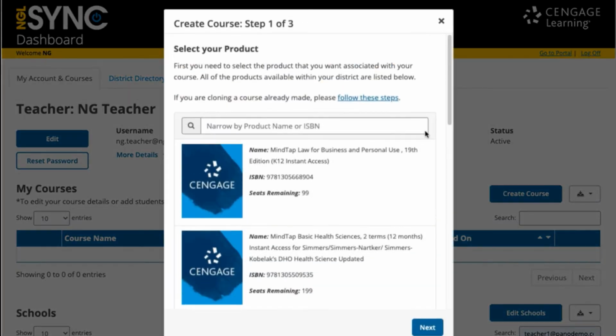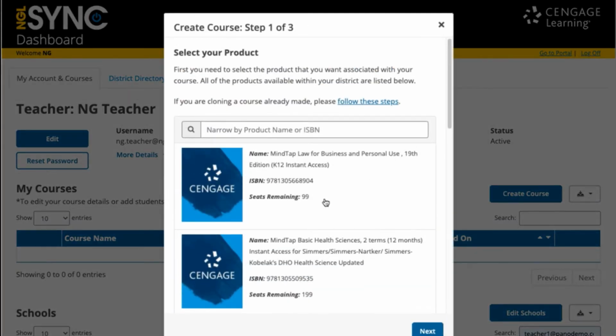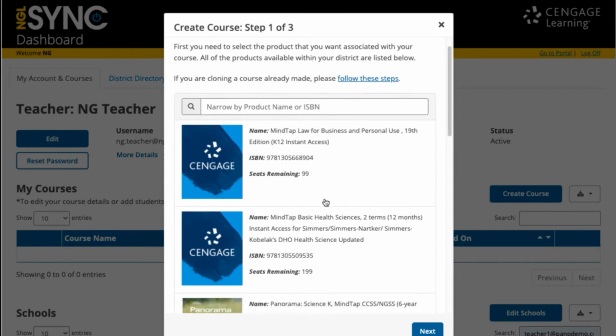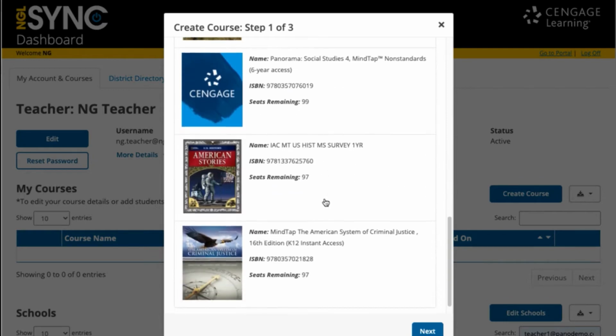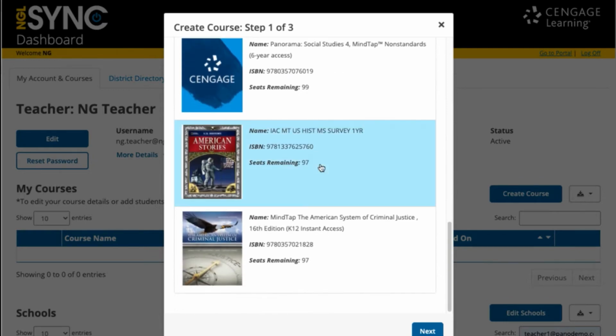Click Next. Here you're going to be presented with a list of the materials and resources that your district has purchased for use, and you will go ahead and select the title by clicking in the box anywhere along that shows the name, ISBN, and how many seats are remaining. Make sure you are selecting the title of the course for the content that you are going to be teaching in your course. You can only select one at a time, so you will need to create multiple courses